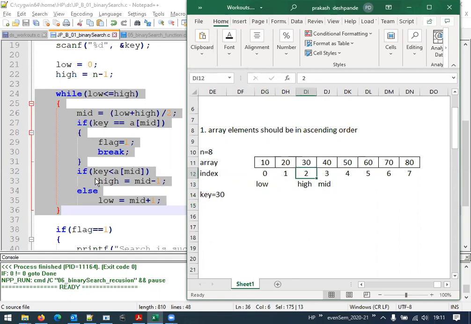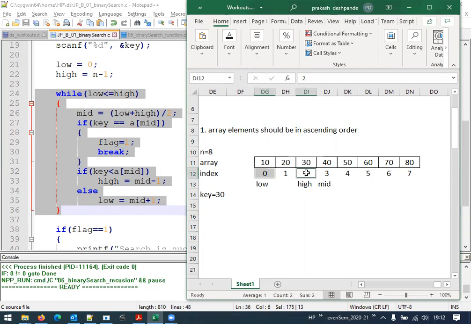Now, look into the code again. This if condition was true, so we updated our high value. After that, no statements are here. Since it is a while loop, control will go back to the condition. The condition says low less than or equal to high. Low is 0, high is 2.